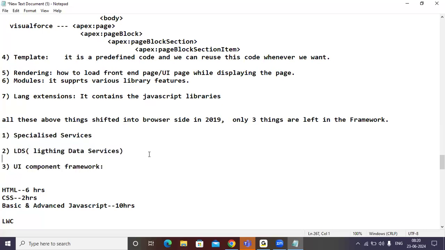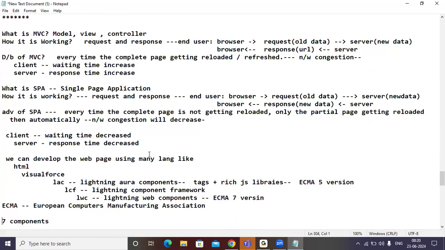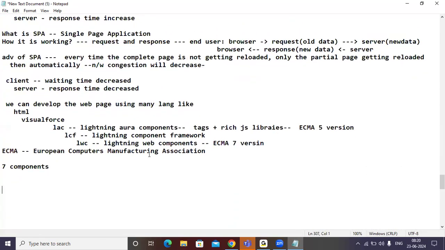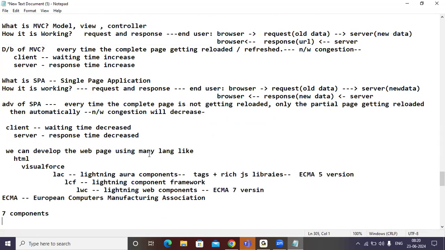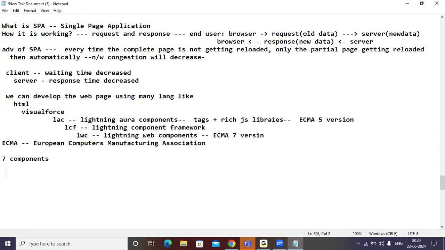Today I'm going to start with the 3 components which are left in the framework.